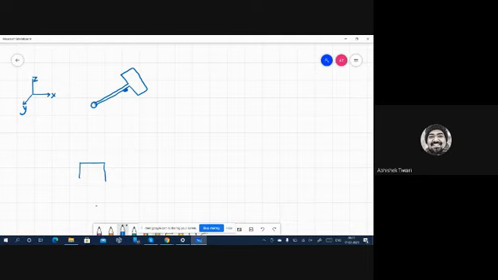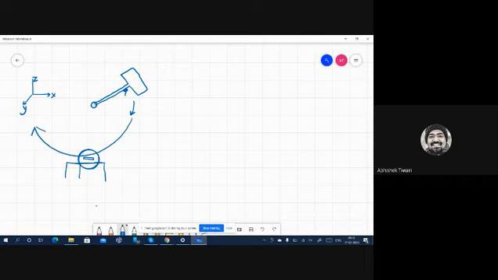So again, this platform also you will have to visualize in a different plane. So on this, there will be a fixture on which you can put the specimen, and the specimen we will discuss. So the specimen is something like this, okay? And then this hammer will fall. So you unlock this thing, and this hammer will fall freely, and it will hit the specimen, and it will break the specimen.